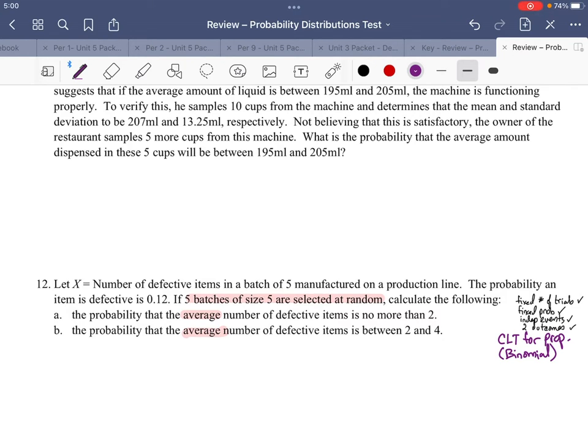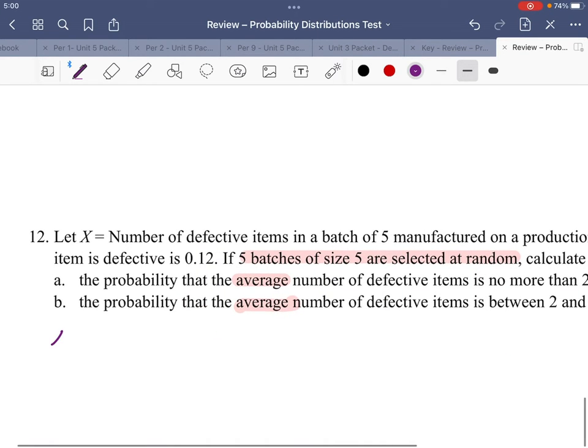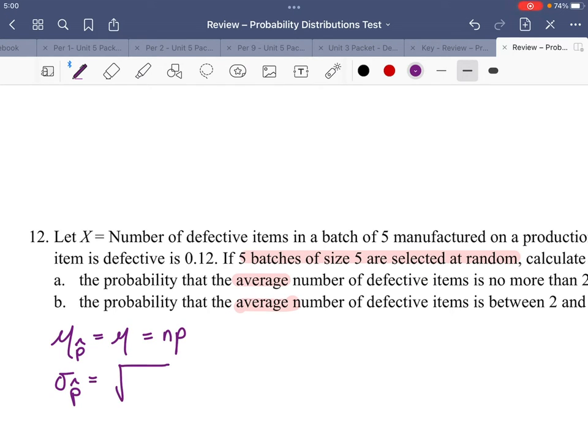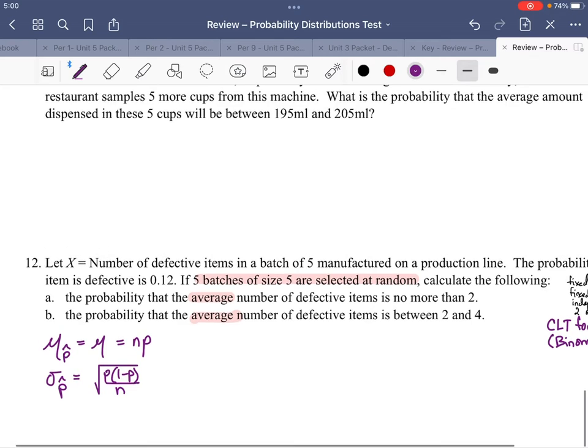So we need rules, we need formulas, right? So that's our next step. So mu sub p hat is equal to mu, which is equal to np. Sigma sub p hat is equal to the square root of p times 1 minus p over n. Over n. Right, so